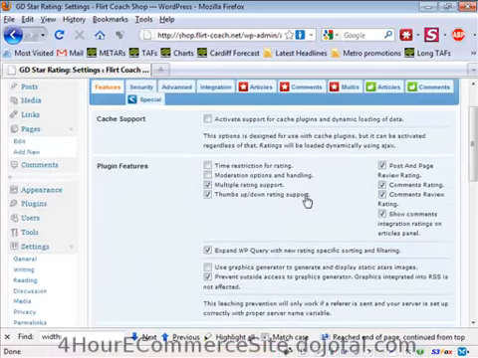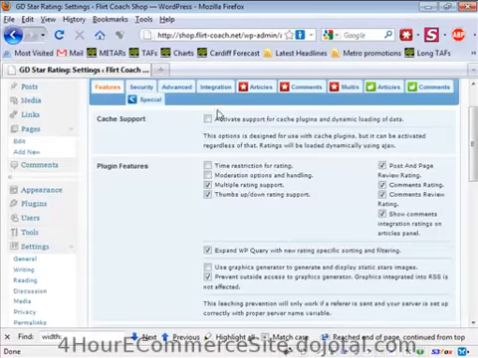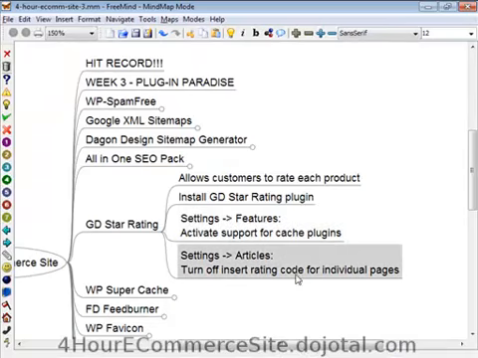Plugin features. Activate support for cache plugins. And the other thing was